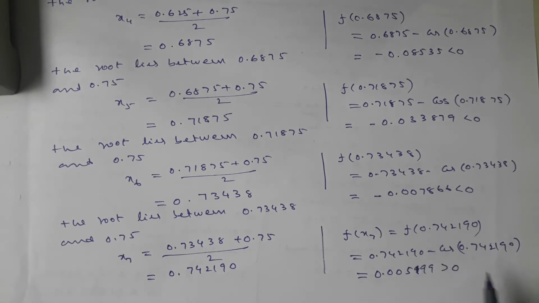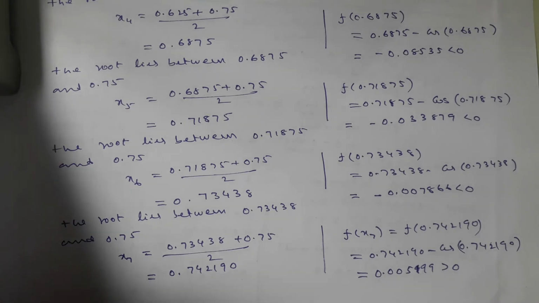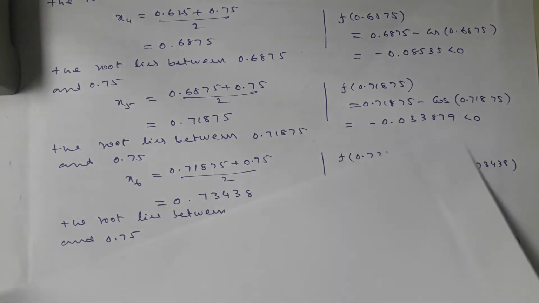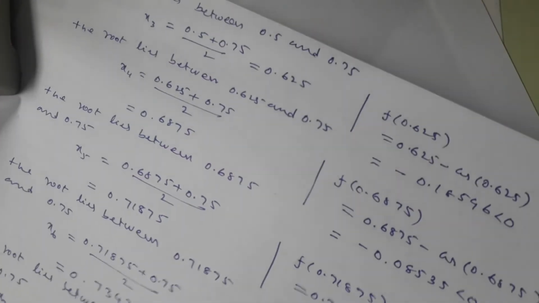It is greater than 0. So as x7 is a point whose functional value is greater than 0, the root lies between